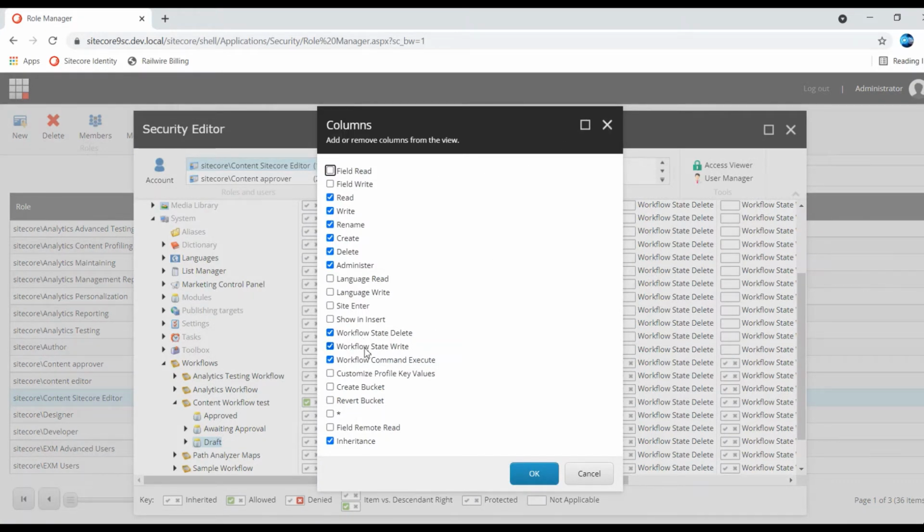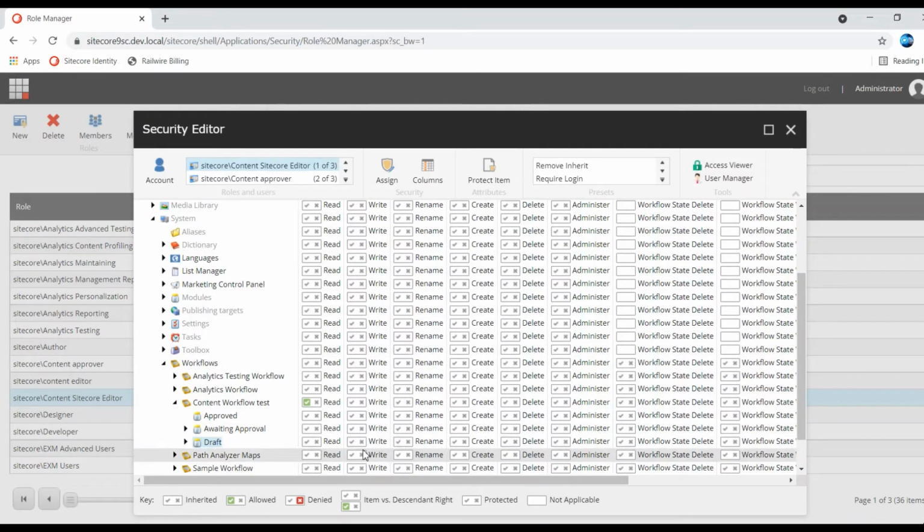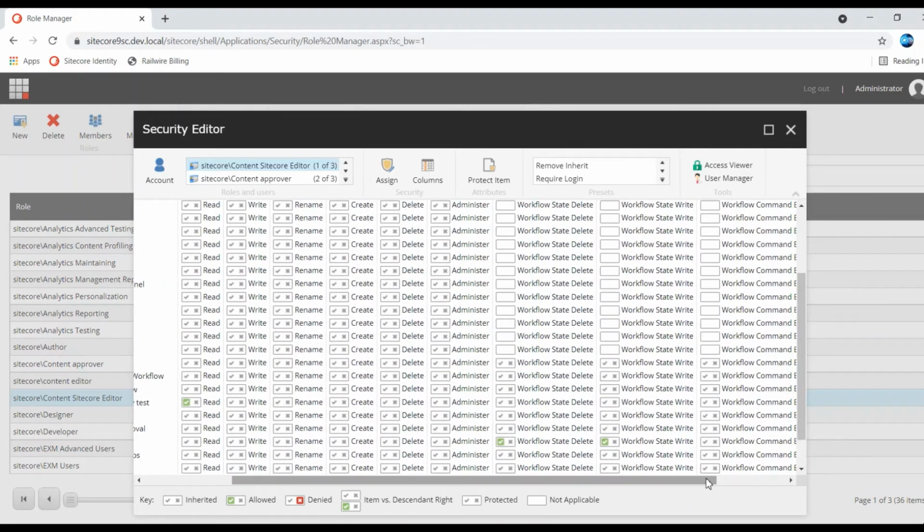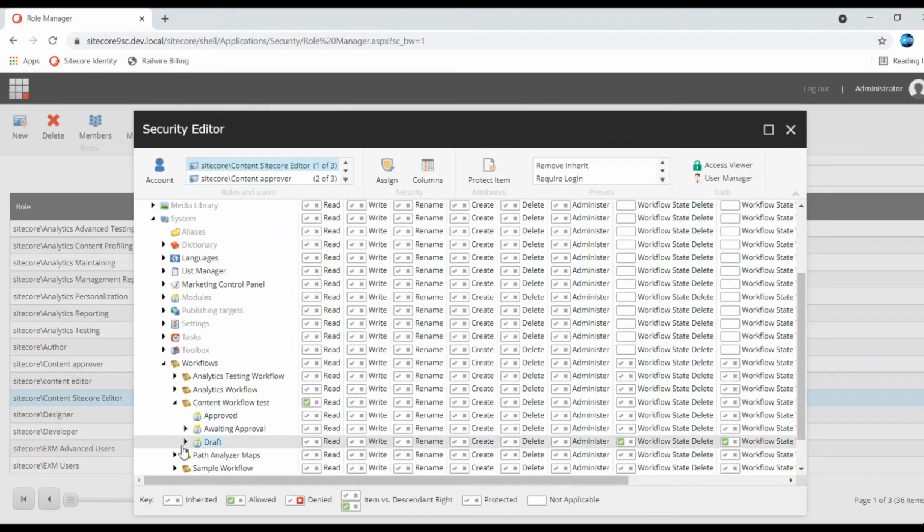I am selecting this workflow delete workflow. By default it won't be available. You need to go to columns and enable these three access rights for the editor. Similarly, for this request for approval, I am providing this.